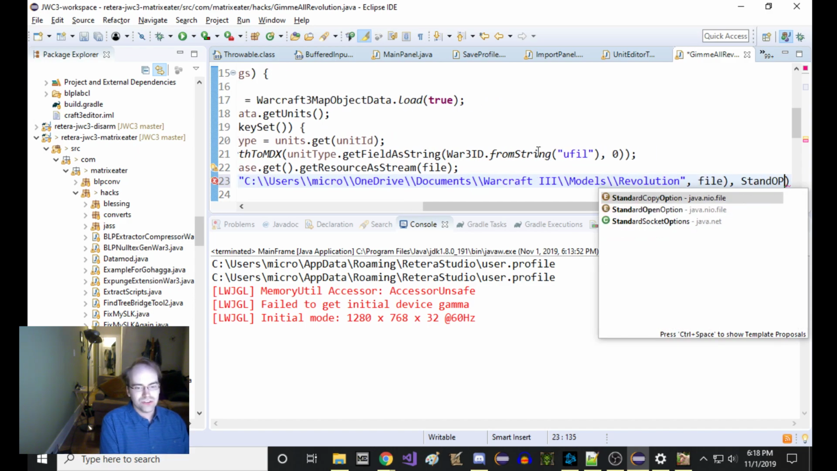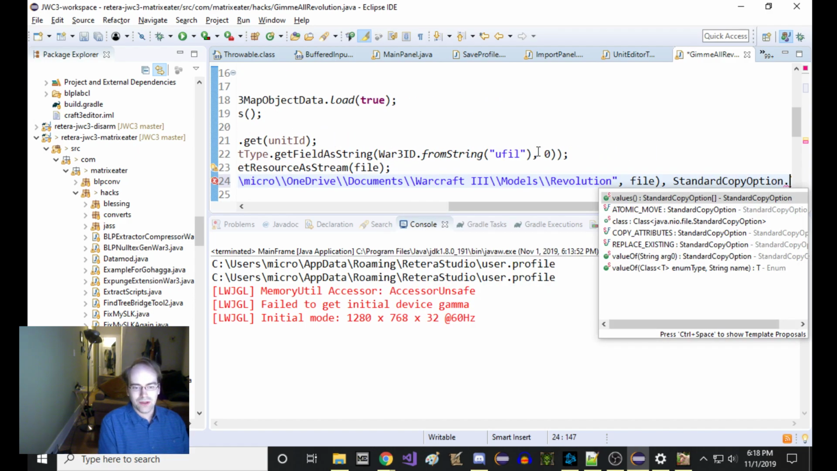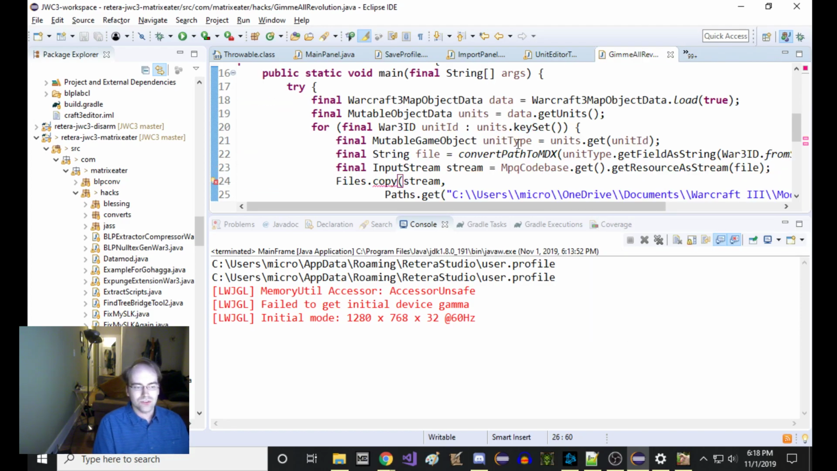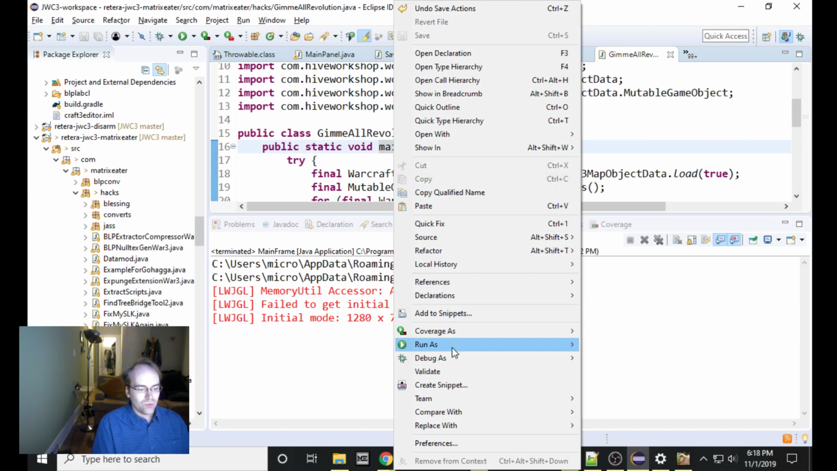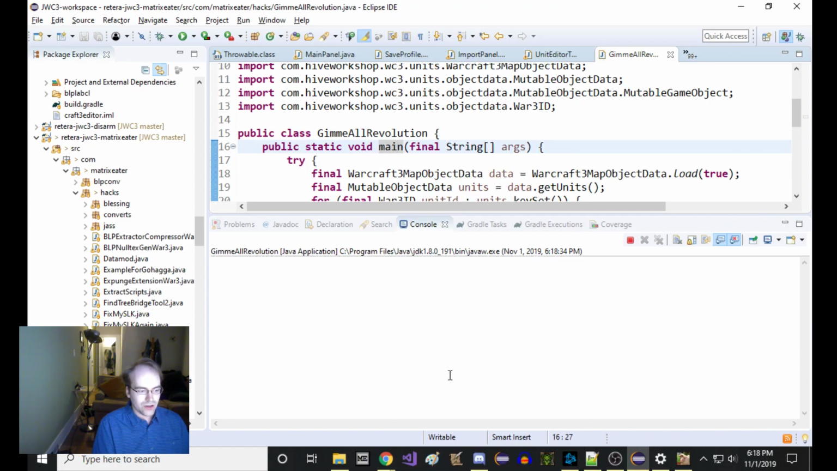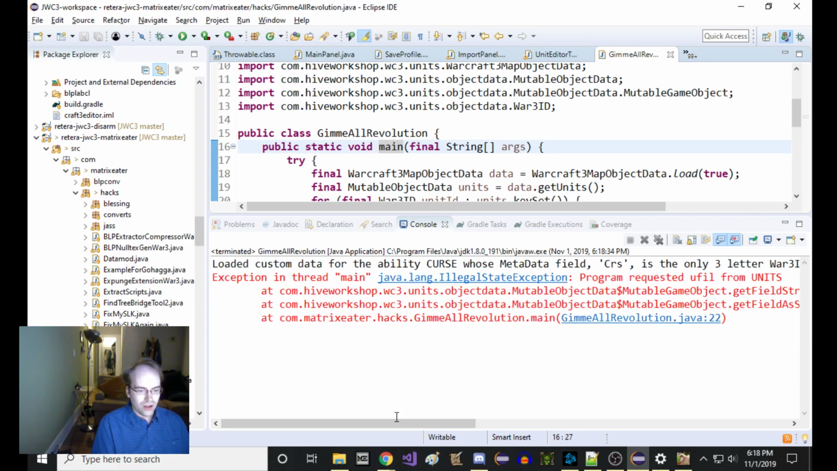And for the options, we do not care. I'll just use the standard copy option, replace existing. So if it's already there, just nuke it and make a new one. So you can do that, right? And then once you've coded this, you can say, okay, computer, go. And it'll just go for a while, and then,